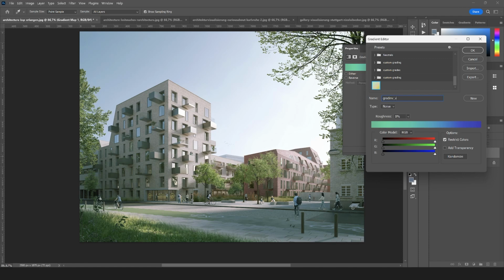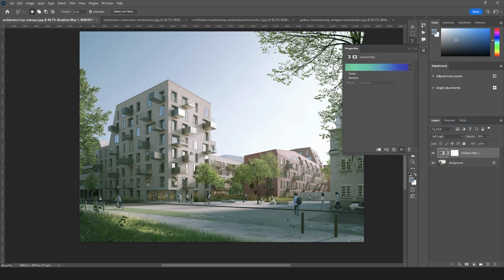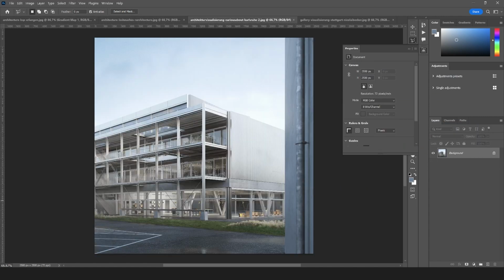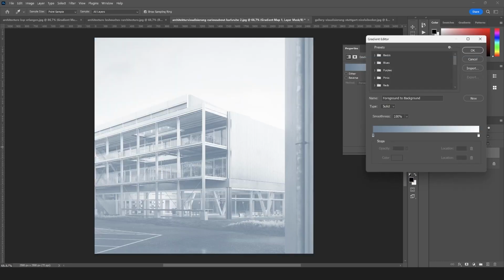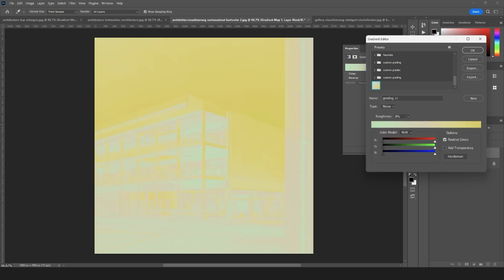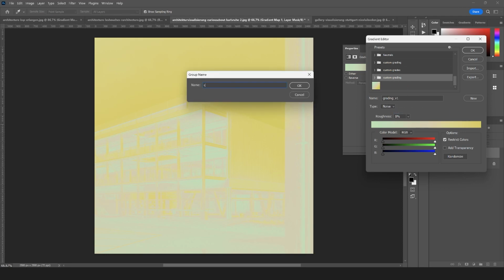And also, if you work in a series of images and you have multiple images, you can save a certain specific style and apply it to your images. So now if we open up another image and we just use this gradient adjustment layer, and now we can select our previously saved preset. Of course we can also put it in a group,